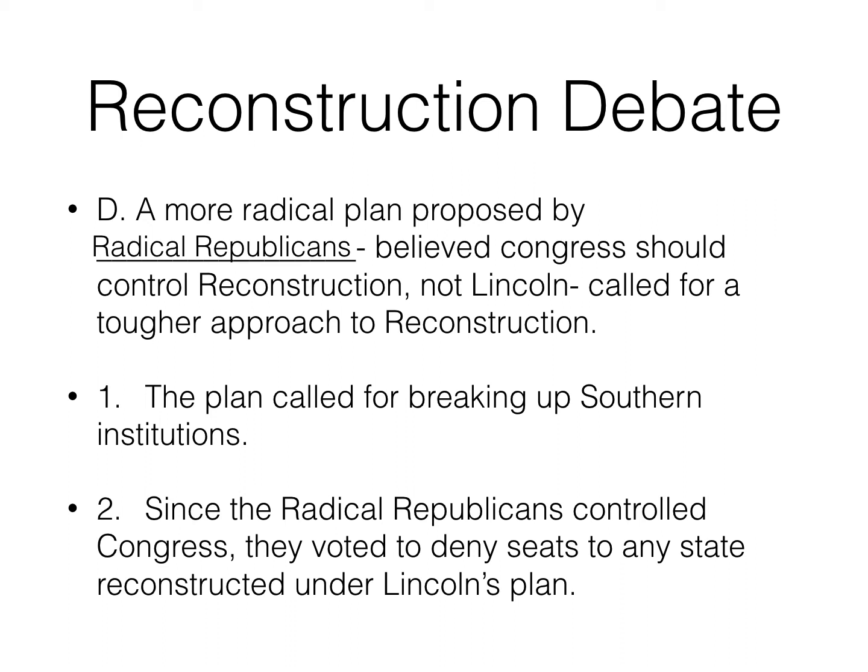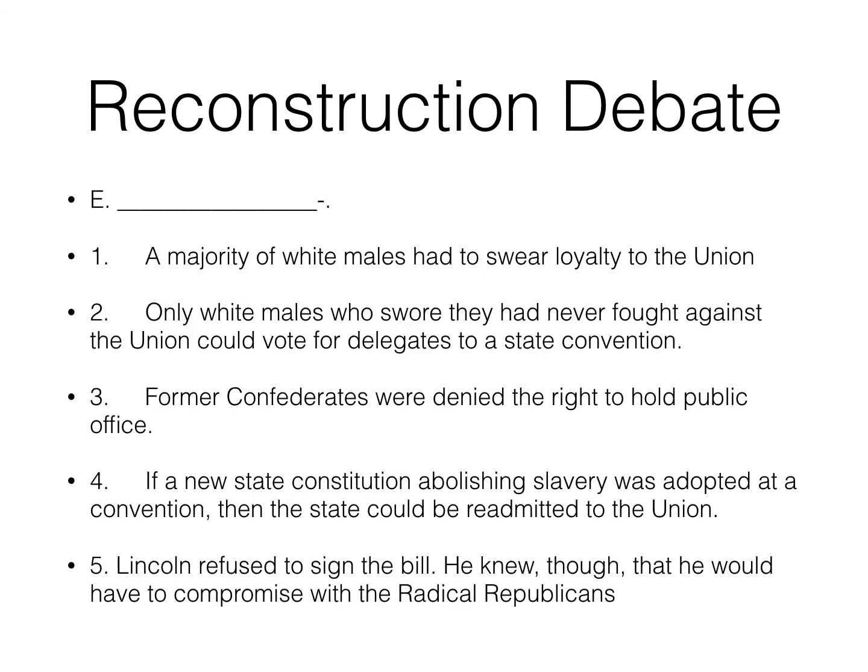They really didn't want those states like Louisiana, Arkansas, and Tennessee, who under Lincoln's plan had formed new governments, they didn't want to accept them into Congress. And that's basically how a state comes back into the Union, is that they're given representation in the federal government, because they don't physically come back into the Union, right? You can't pick up a whole state and move it somewhere. So the radical Republicans' plan was called the Wade-Davis Bill. The Wade-Davis Bill. And so this is what their plan looked like.